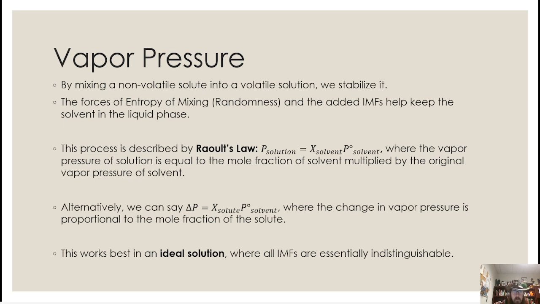Now, it's a real simple equation, and that is Raoult's law for an ideal solution. Raoult's law says the vapor pressure of the solution is equal to the mole fraction of the solvent times the pure pressure that solvent would normally have. So the vapor pressure is going to be reduced by whatever mole fraction it is. We take the pure pressure of the solvent and multiply by its mole fraction